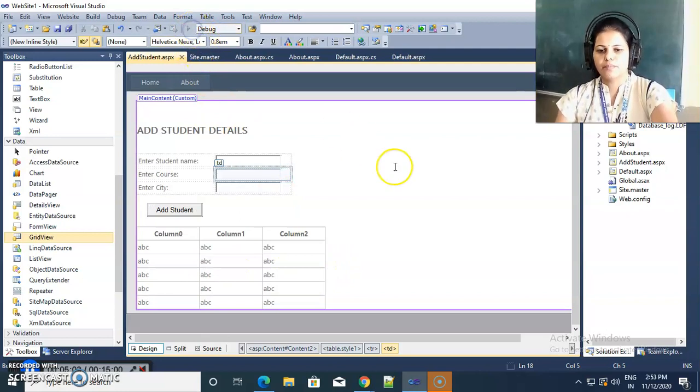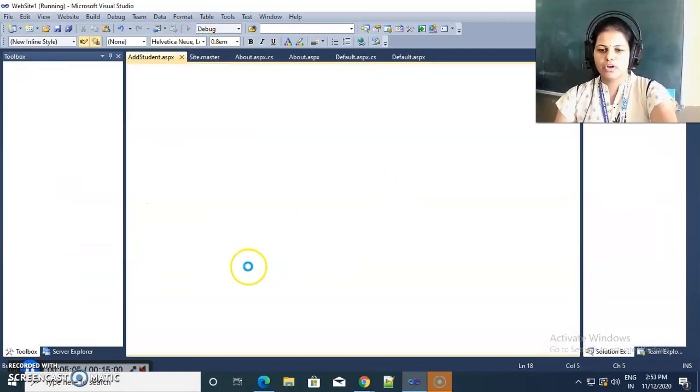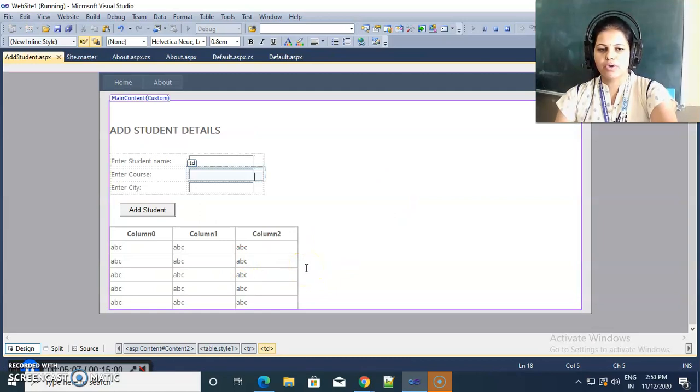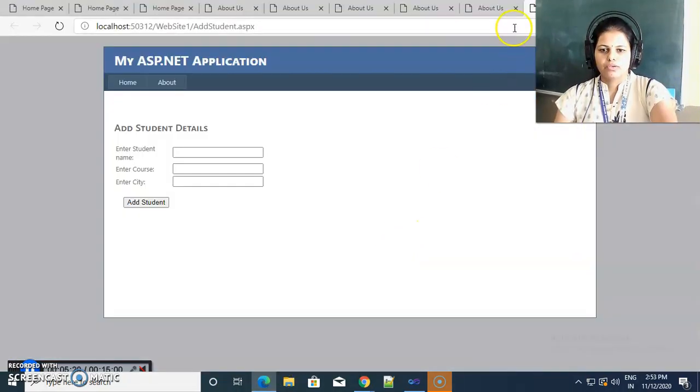Now if I run, we will not see that grid view because we are not binding any data to that particular grid view. So after binding, you can see that grid view on the web page. So this is our website, and this is the web page details.